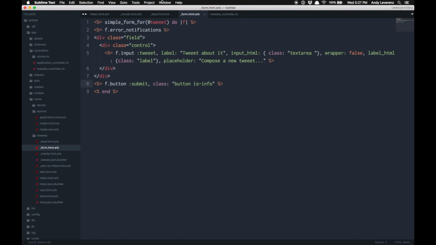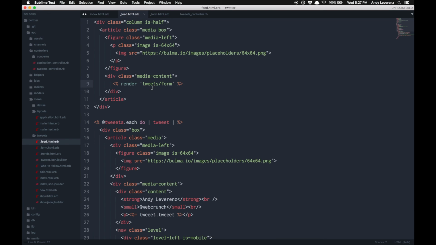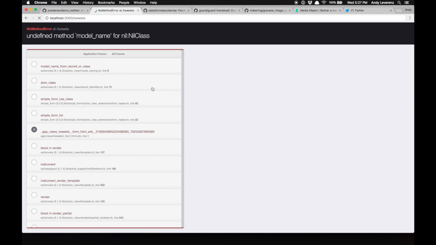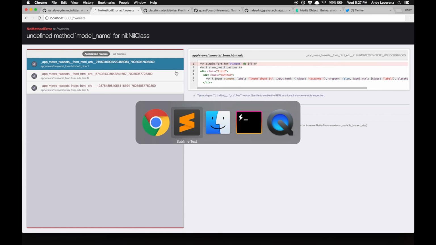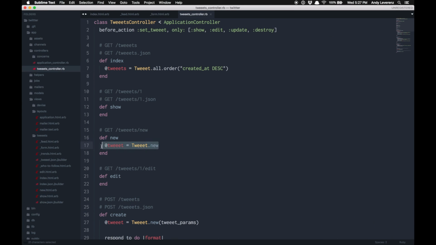I did it wrong. Let's see. I might close this file. We're in our feed. This needs one more E. I keep doing that. Okay, undefined method model name for nil class. So what's going on here is that I don't have access to a certain model name in our controller. So I need to add that to our controller for the index view. And to essentially do this, you need to do what you would do on the show or new view. So we'll actually do